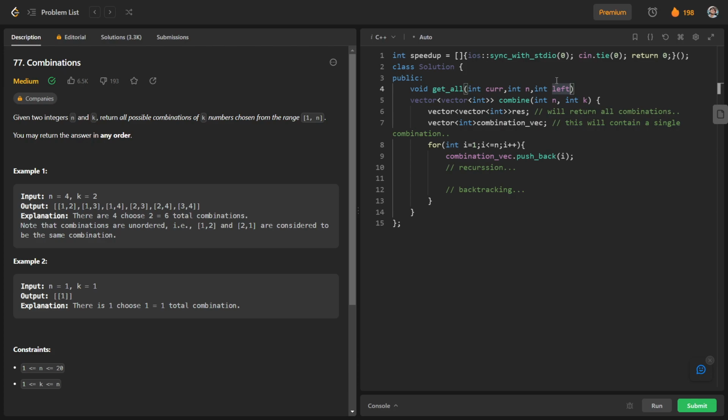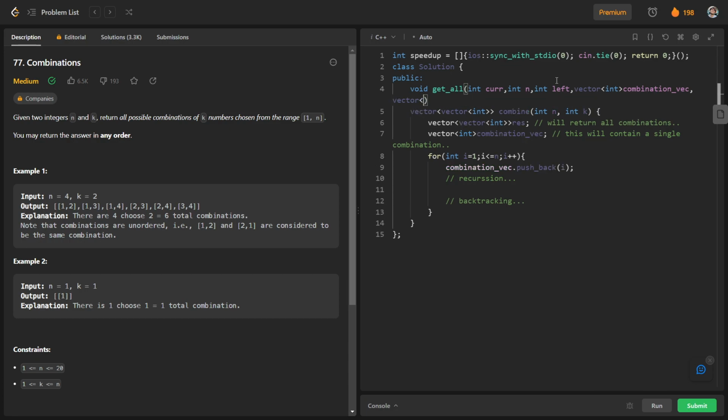We will have our combination vector, vector of int combination vec, and finally our two-dimensional resultant vector, and we will pass it by reference because we are going to update it.